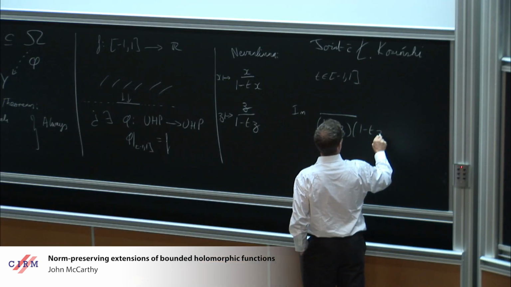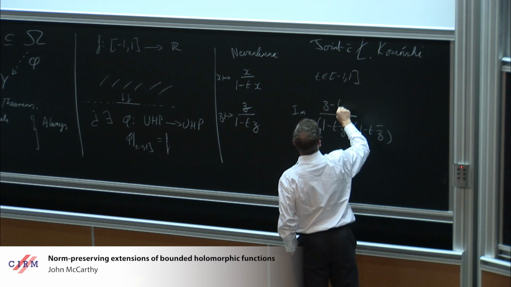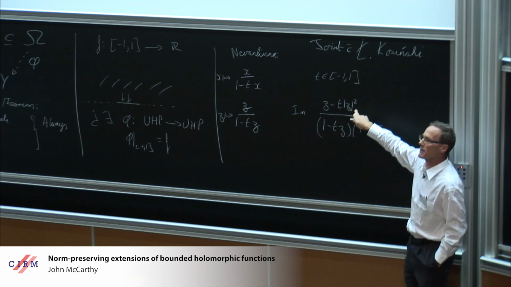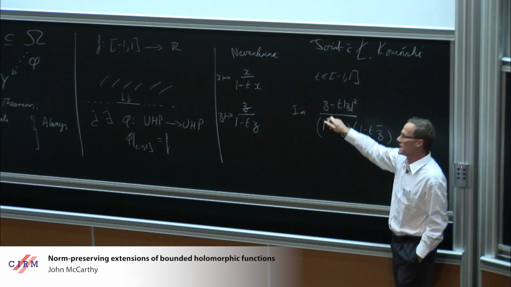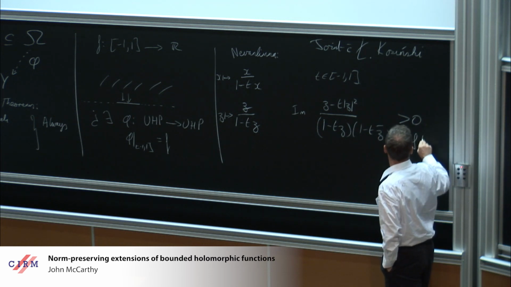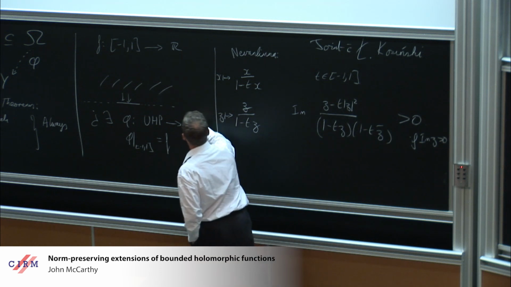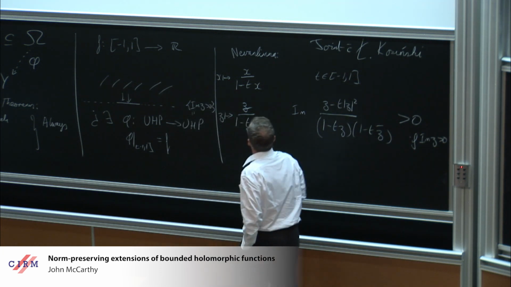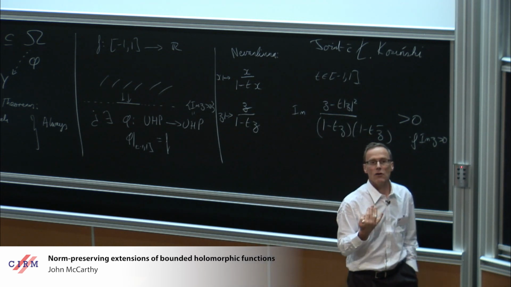I can multiply above and below by complex conjugates, and what do I get up here? I get z minus t z squared. So the denominator is real, this is positive, so the imaginary part of this is the same sign as the imaginary part of z, which is positive if the imaginary part of z is positive. The upper half plane, this is the set where the imaginary part is positive. So here I have a candidate function that has an obvious extension.